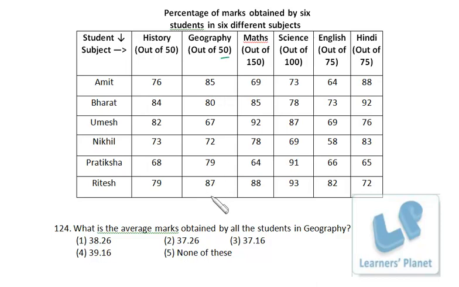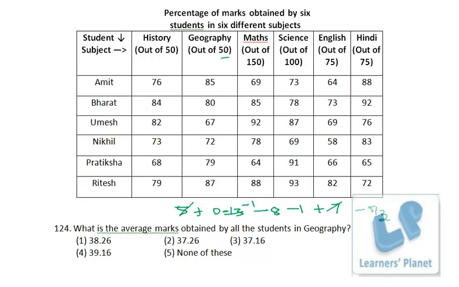So again, I assume the mean to be 80, right? So I see the deviation, it's 5 plus 0 minus 13 minus 8 minus 1 plus 7. Okay, so here it is 7 plus 5, 12 minus 13 minus 1, 8, 9 and 10. So the deviation is 10 and that's negative. So 10 by 6, it is minus 5 by 3 is the deviation, okay, from 80%.